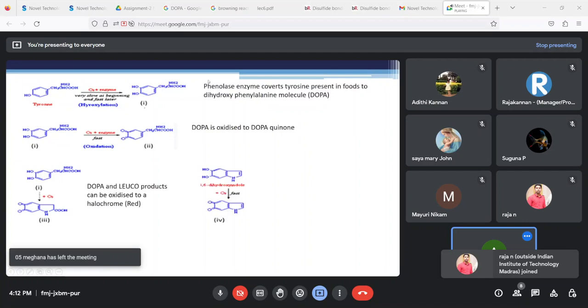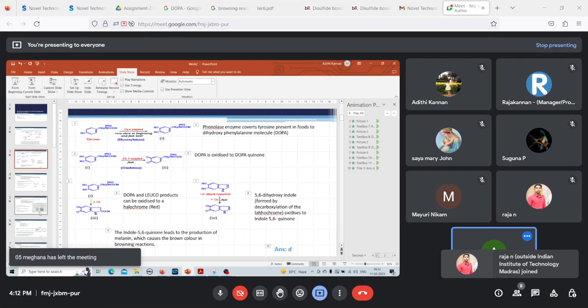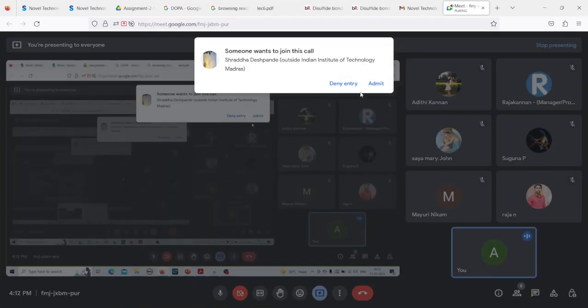So basically, when you have a benzene ring and 2 oxygen atoms, it is called a quinone. When you have a pentameric cyclic structure attached to this benzene ring, it is known as indole quinone. So these indole quinones then lead on to produce what is known as melanin. And as we know, melanin gives a brown color, be it foods, be it skin, be it any tissues,